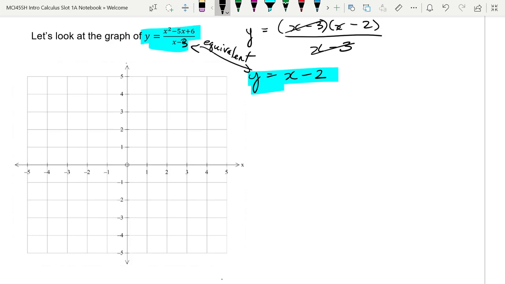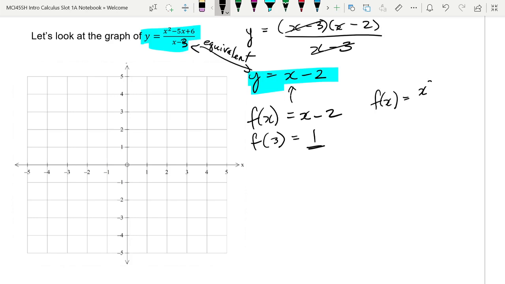You see, in this equation, if I say, let's turn them into functions. If I say f of x is equal to x minus 2, f of 3 is just 1, right? No problem. But on my other equation, if I have, again, I'll make it a function. If I have this function, which I do know algebraically is equivalent, check it out, f of 3 here doesn't exist because,